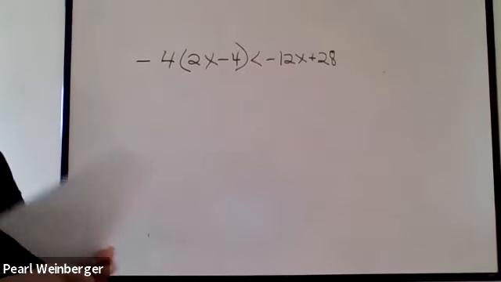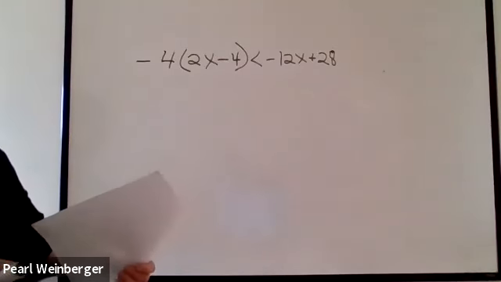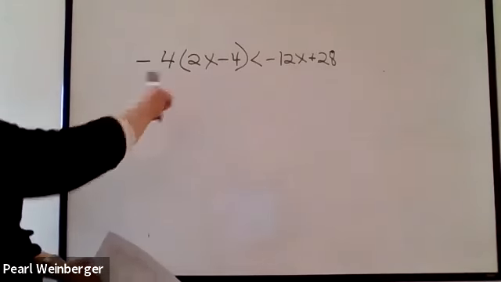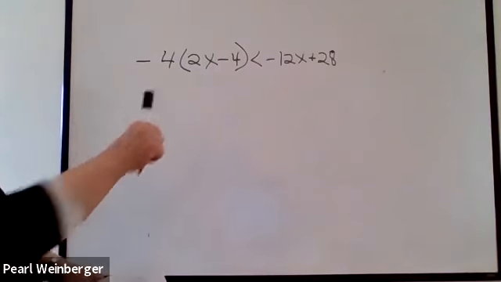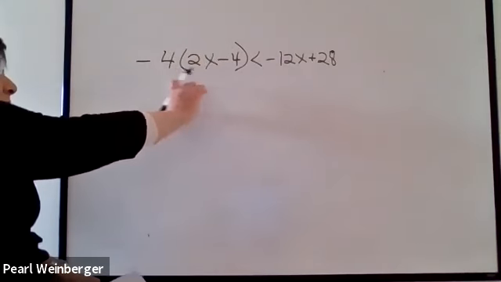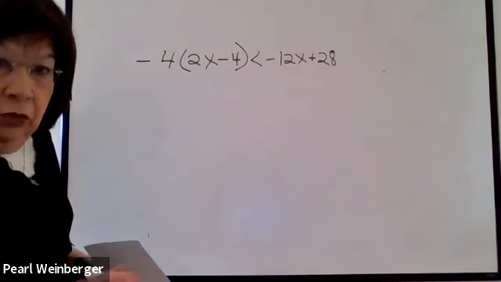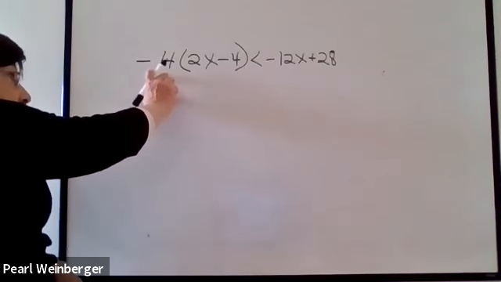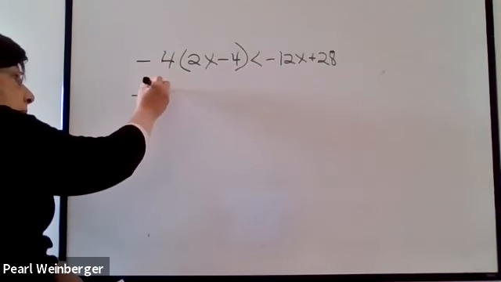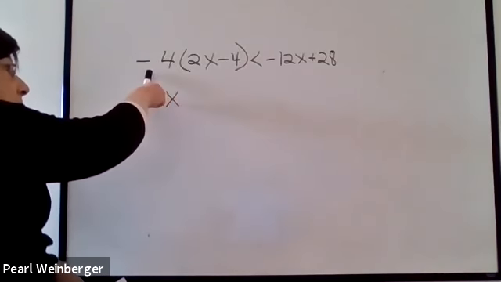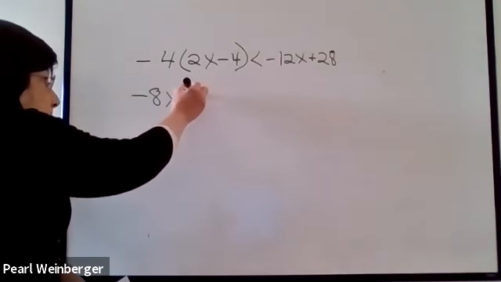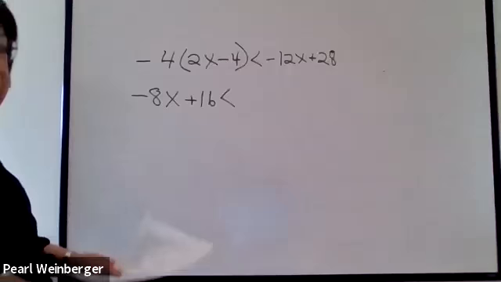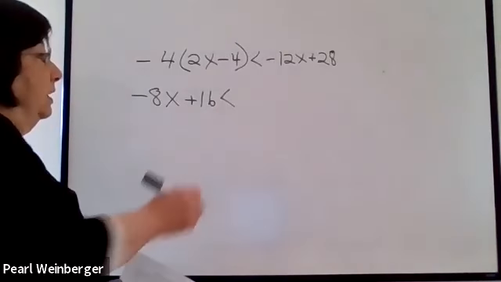Okay, I see a few people have gotten their answers, so let's work on it together. As a reminder of how to do this, this is what we call a linear inequality because we have a less than sign. Just like in any regular equation, we're going to remove the parentheses by multiplying by -4, so they'll give me -8x. -4 times -4 is +16, is less than, remember, we keep the direction of the inequality the same,